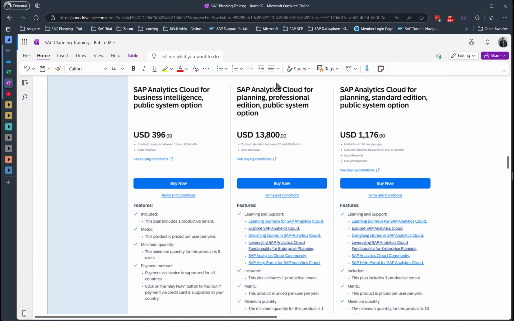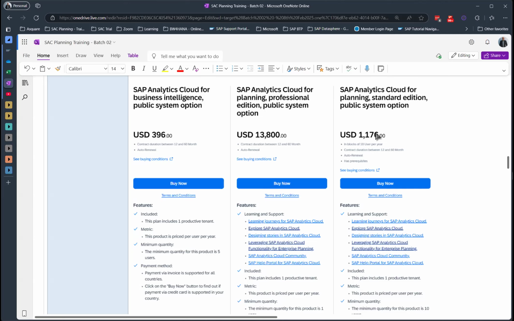So this is an absolutely full-fledged comprehensive license, which I am using currently. But you can also have planning standard. If you don't want to create things, you just want to execute and view, then you can go for standard planning, and it will enable certain planning activities. But it will not enable you to do all the activities like creation of data action, creation of planning model, creation of allocation, and so on and so forth. For that, you have to buy the professional edition.